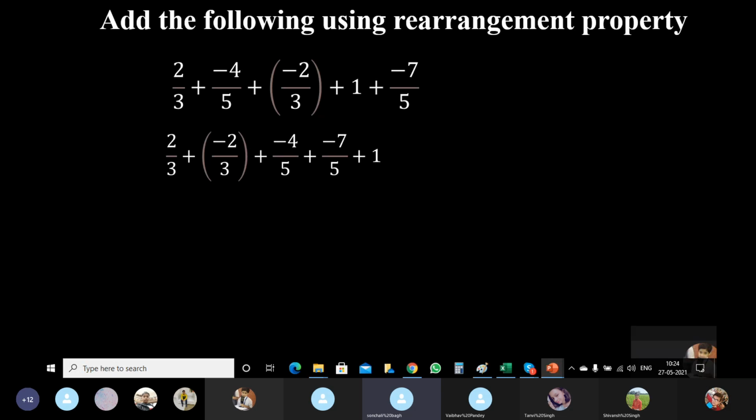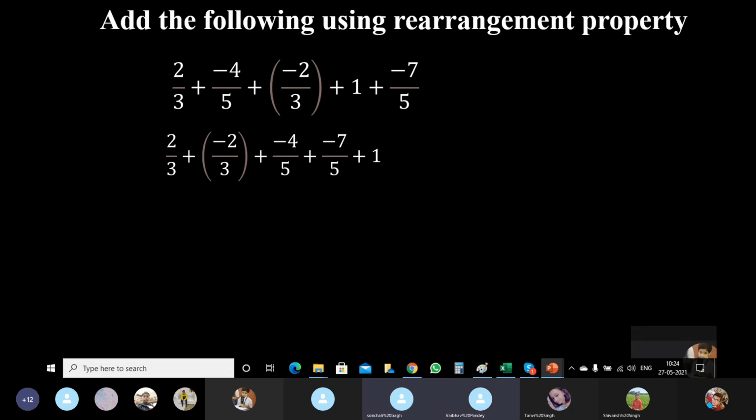And also see, one more thing I have not forgotten to do. What? Can you see? What I have not forgotten? Positive numbers, all the negative integers are together and the whole number is separately written. Yes or no? Yes, ma'am. So while rearrangement, I have kept in mind this thing also. Both the properties, I have not excluded one property and used the other one.